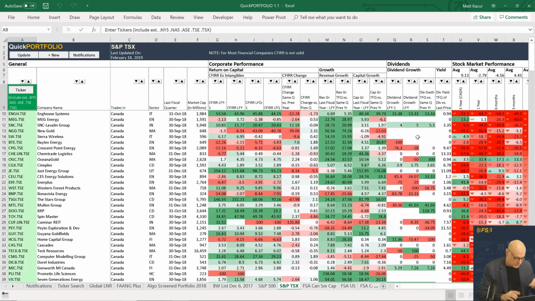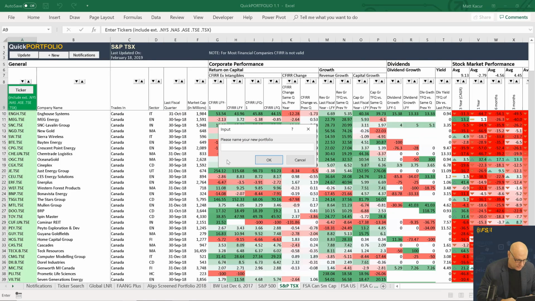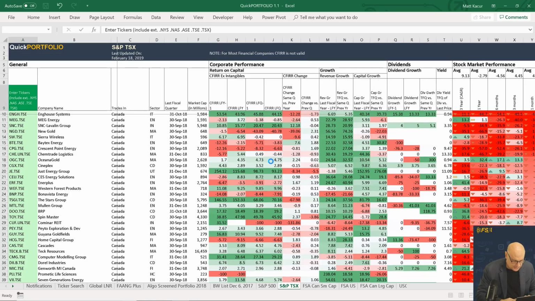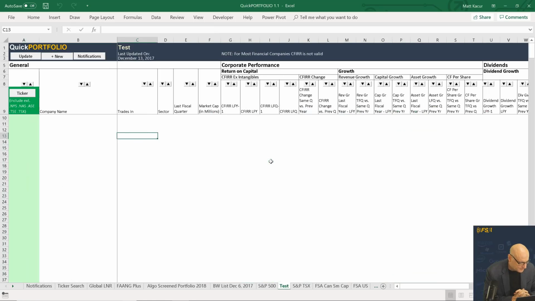So you have to be able to do a new one. So when you do a new one, it's going to ask you for the name. And I'm just going to call it test. Okay, and you'll notice it comes up blank. So we have this blank portfolio, and then we're going to put in some tickers. CTSH. I'm going to mess up the ticker on purpose. CTHS. It's actually CTSH, but I want to do that on purpose. And then